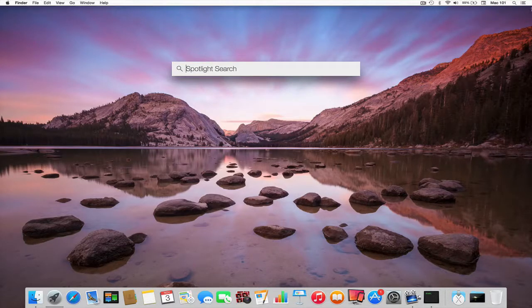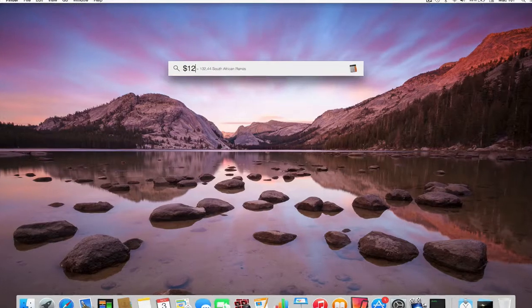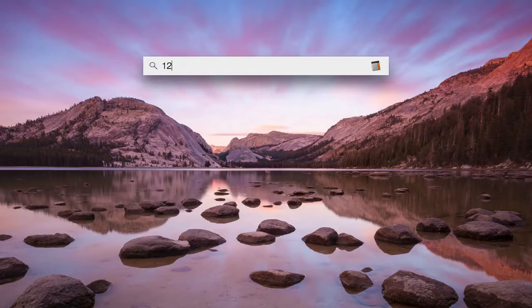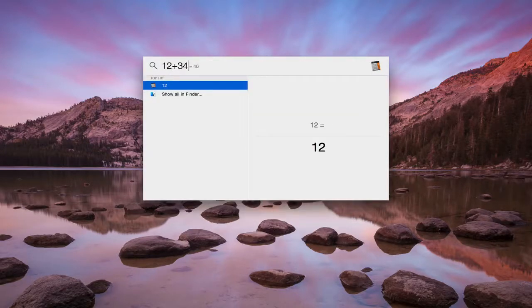So now inside of the Spotlight search we can actually broaden our search even further. It does have additional new features, as well as the ability to convert currency within our Spotlight search, so we don't actually need to go into our dashboard anymore to do so. So if we type in, let's just go with $12, it will then show me my currency in South African rands. The other functions can also be used, such as using our calculator as with the previous version,